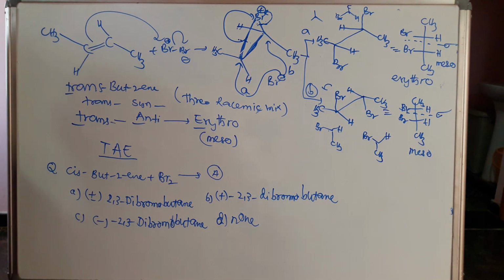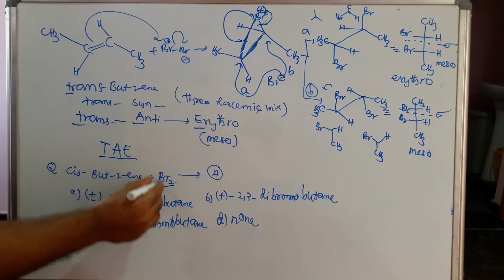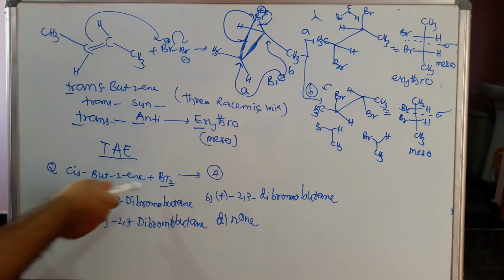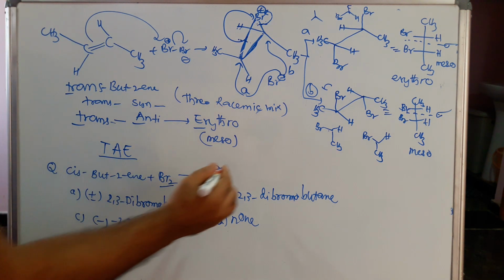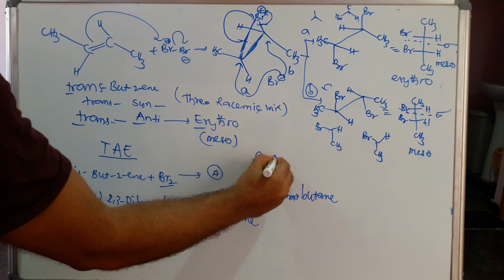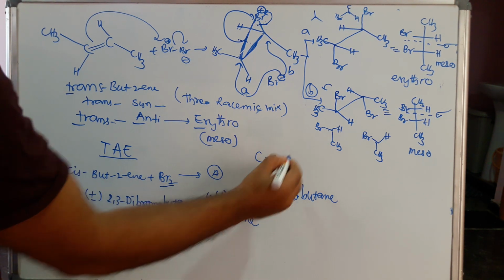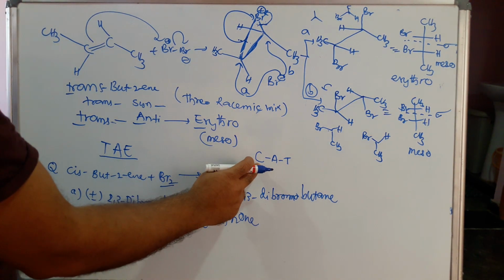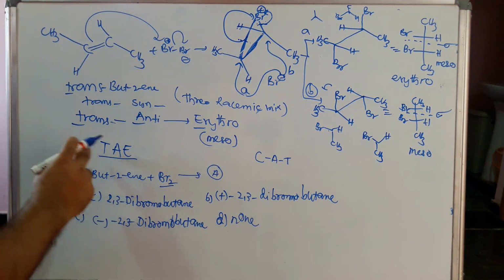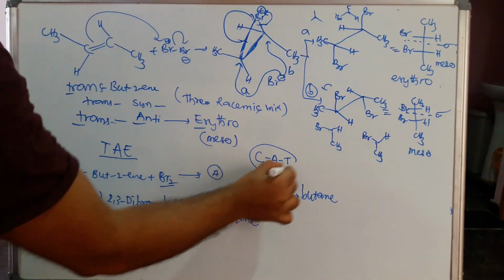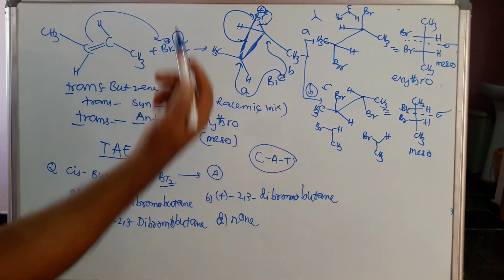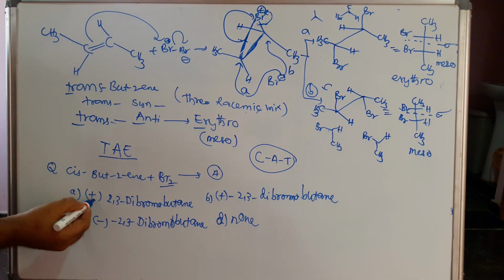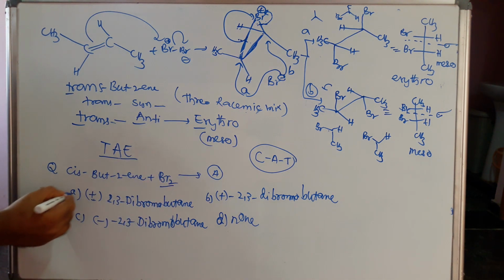Already I gave the one shortcut. What is that? This is cis, this bromine here. In examination, only bromine is given, but whether it is syn addition or anti-addition is not given. If not given, you have to always follow anti-addition. That's why this is cis anti-addition. It gives which one? T, it means threo form. Already told, remember CAT. This is TAE. Then the product we get is the threo form. Threo generally which one? Racemic mixture. Racemic mixture means plus or minus 2,3-dibromobutane. Then what is the answer here?